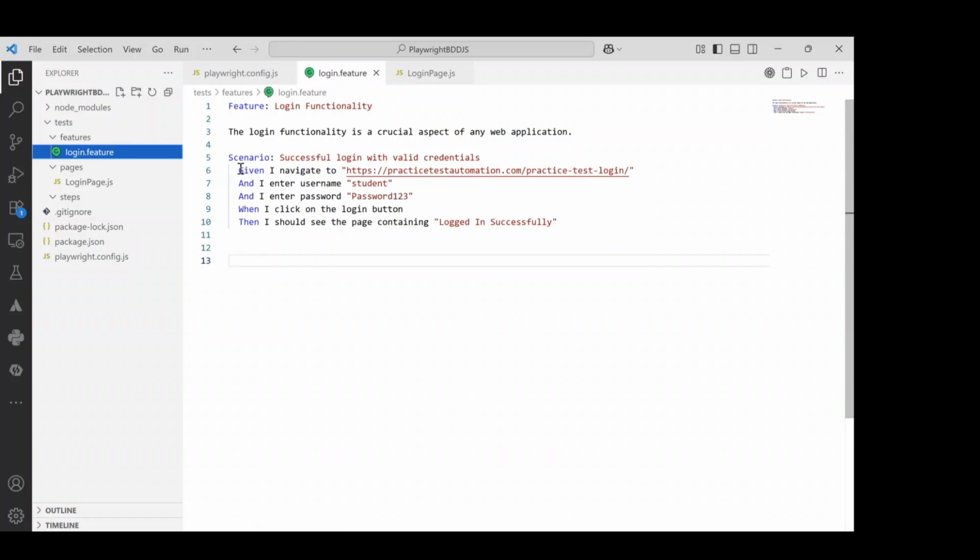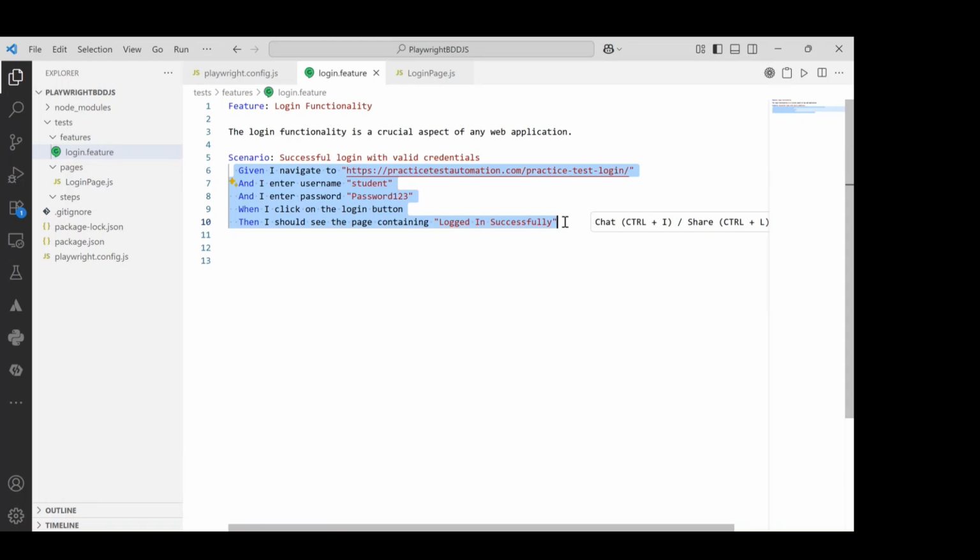That we'll have to also map with the step definition. That means all the code logic, this is in plain English language, right? So this we have to map with all the logic that we have to write, along with that, it has to get mapped. Okay, so in this session, let's see how we create a step definition file which will map the logic